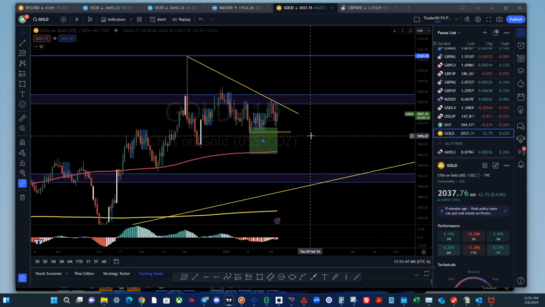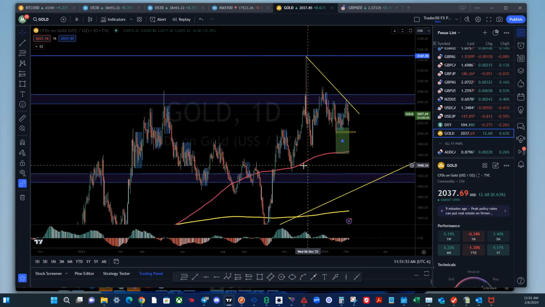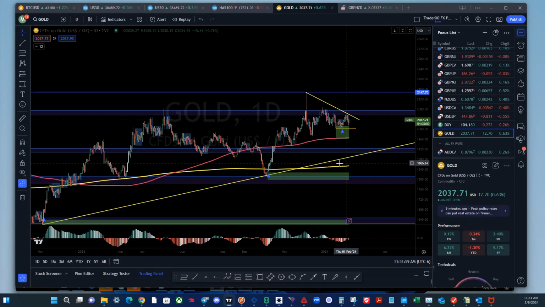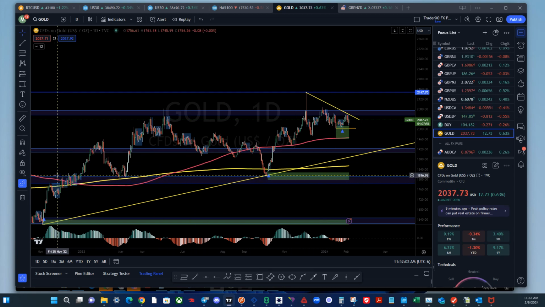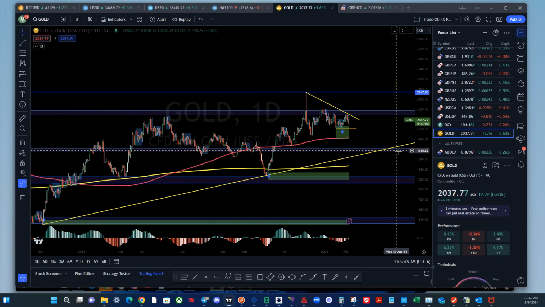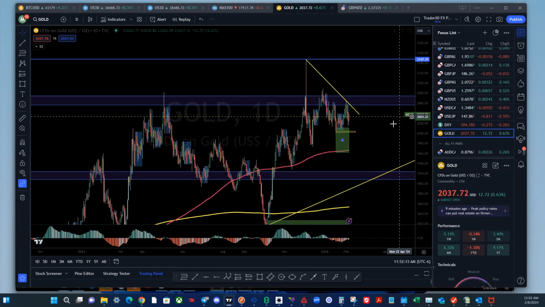Now I use moving averages on my charts. I do. Why? Because price is actually bouncing off of this. This is an institutional moving average. I'm not going to tell you what it is. Figure it out. But this is what it is. And the price comes through these zones. And no, they're not random. This is what the institutions are using, the hedge funds. This is their targets. This is where they're putting in their